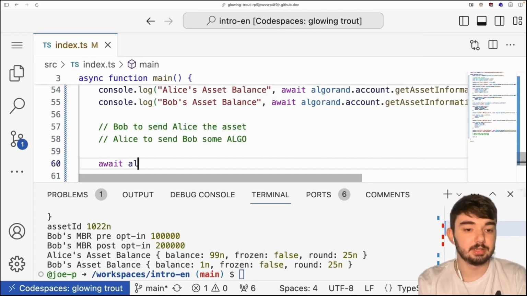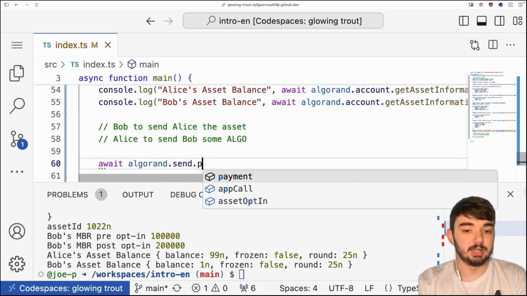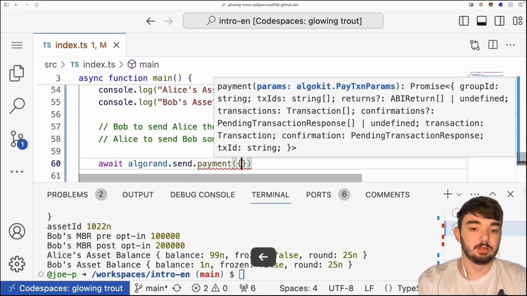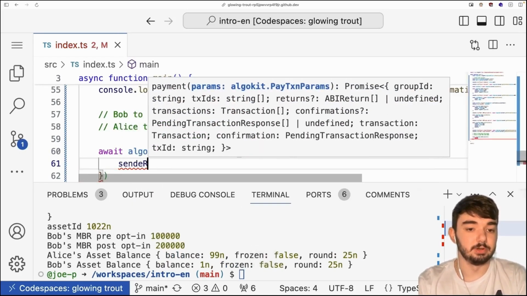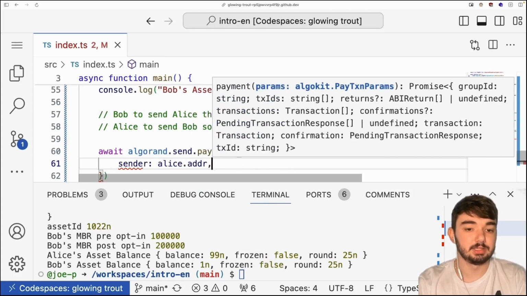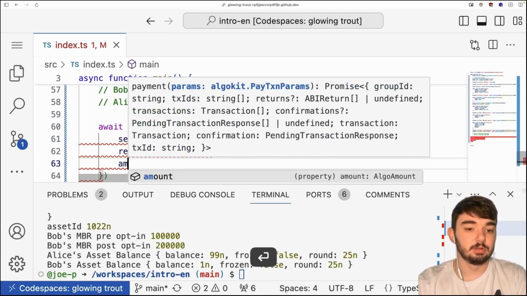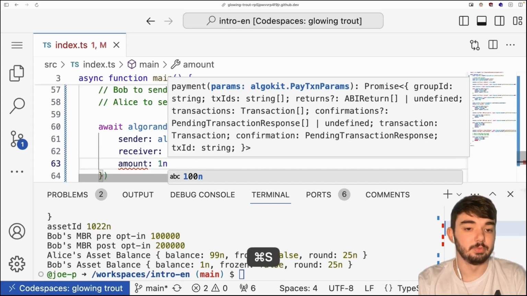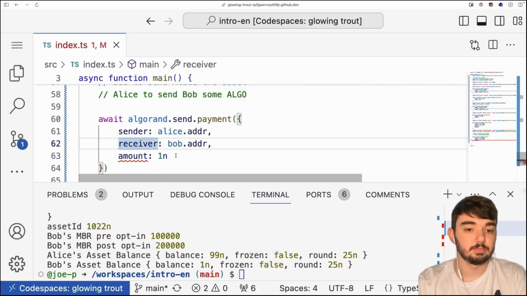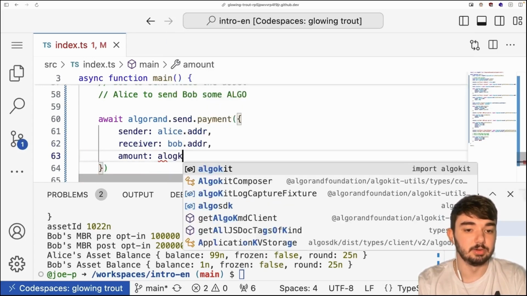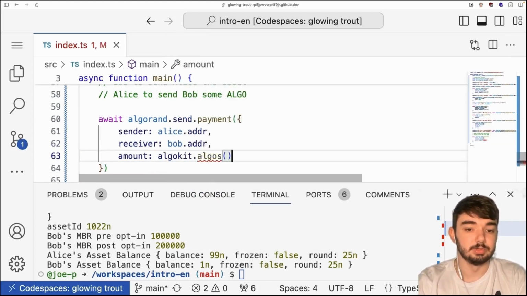We could await algorand.send.payment. And this is going to be from Alice to Bob. The amount, say it's for one Algo. Or, excuse me, this should be AlgoKit Algos 1.